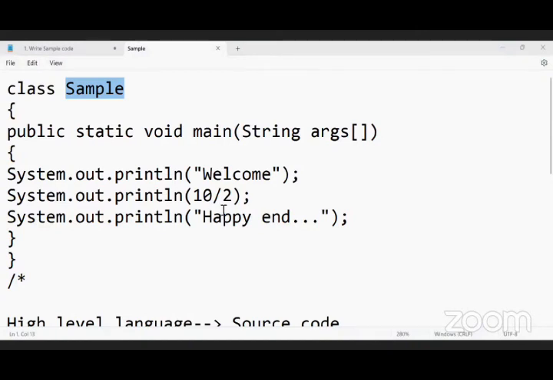A collection of objects, you can say, or class is a category, blueprint, template. That category, that template, to create that object, we need the name. That name we called as class name. Class name is your wish, everyone. So class is a blueprint where we describe